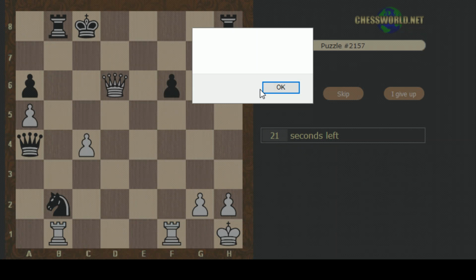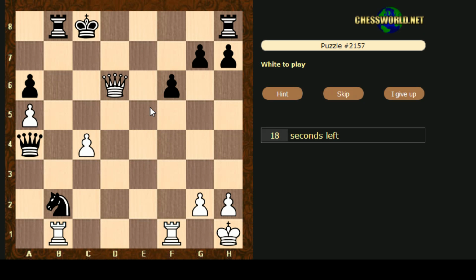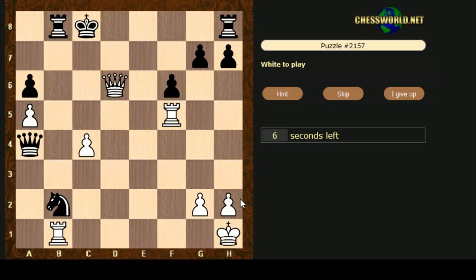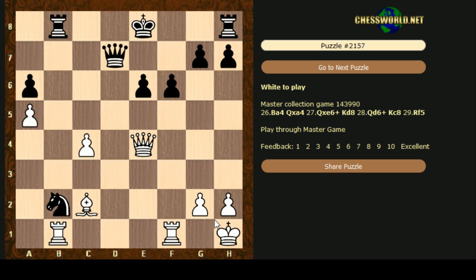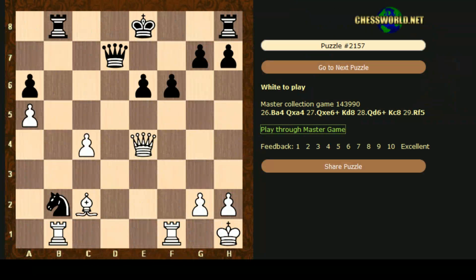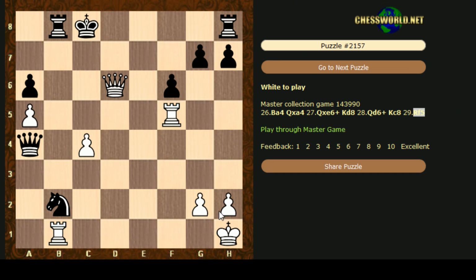Hint? There's no hint. Oh. Not back. It's ridiculous. Oh, rook f5. Yeah, just about with 6 seconds left. Oh my word! What game was that? Drew Sign against Ludek Pashman. I've got one of Pashman's books. Now that was to the limit. I can't believe it. Yeah, because the rook c5